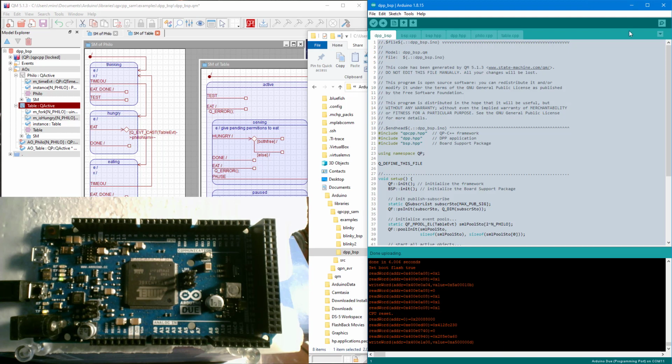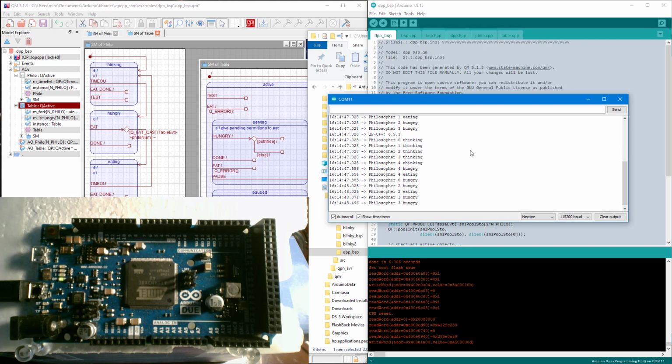For the DPP application, the additional feature is the use of the serial terminal from the Arduino IDE. You can watch the changing status of the dining philosophers, and you can also pause the serving of forks with a P key press, and resume serving the forks again by pressing the S key.